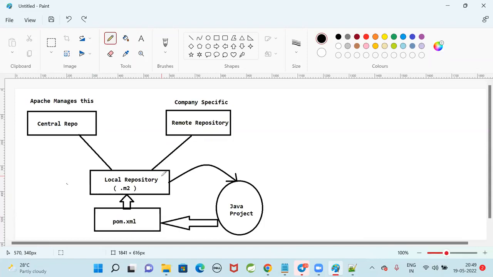Tomorrow, when you join a company, people will not use the central repository, guys. When you are working on a real company project, company people will not use the central repository, which is managed by Apache. In the company, they will use their own repository. Every company will have their own Maven repository for the dependencies. Why will the company have their own repositories? The reason is,